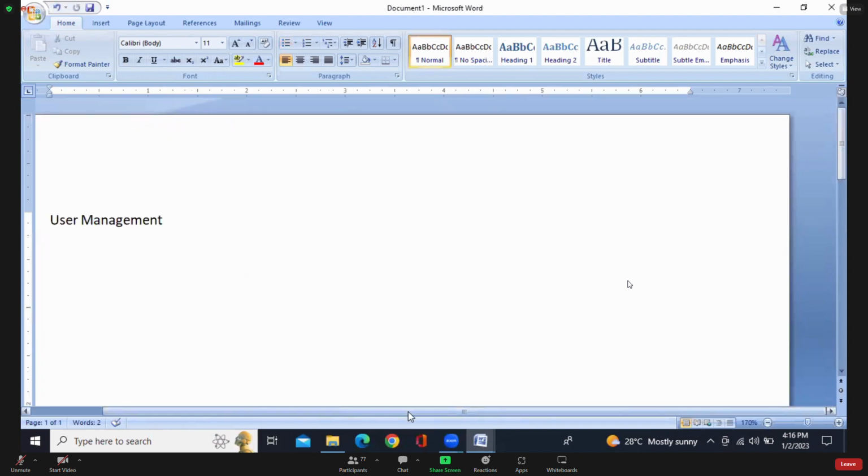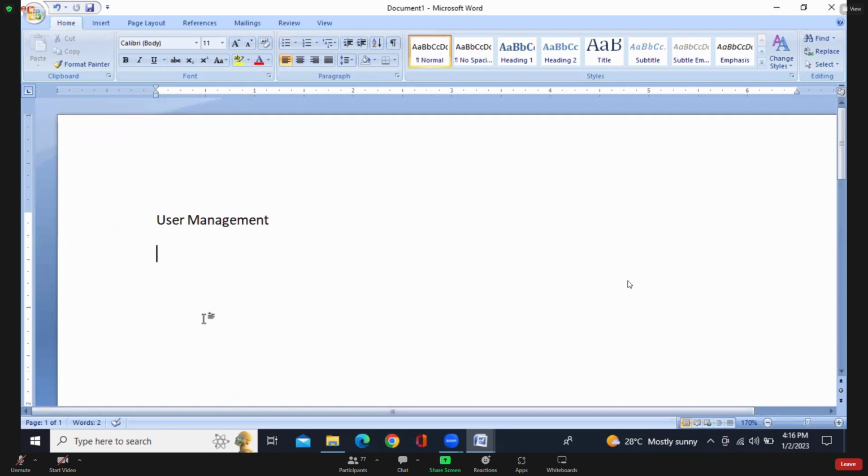Coming to user management, we have a few commands. Now we are going to discuss chapter-wise commands, then you will be able to remember them easily. It's not a big deal. In user management, hardly 4 commands will be there. Can you remember 4 commands per day? We can remember easily, right? Hardly 4 to 5 commands we are going to discuss every day. Clear, guys? So in user management,